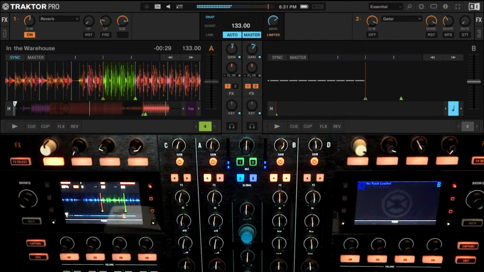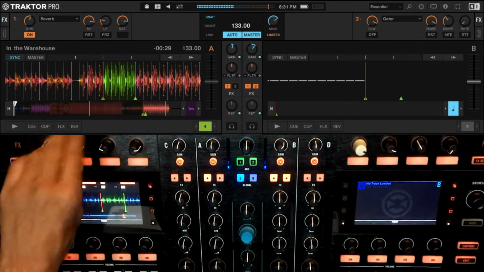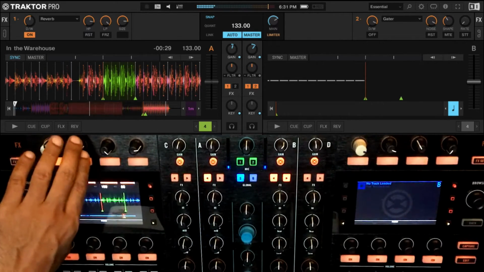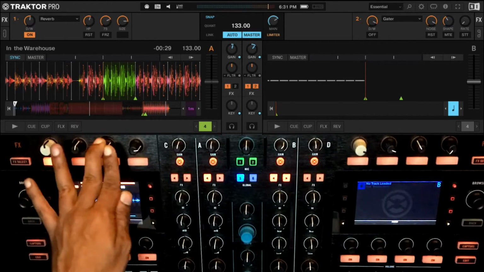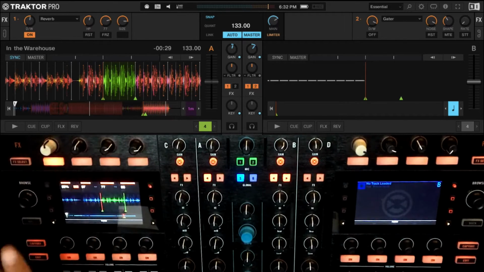Now I'm going to have a darker reverb. Or I can have a brighter reverb. Okay. So they've given you these two bands of filters so that you can really tweak the whole effect in a very nice way.